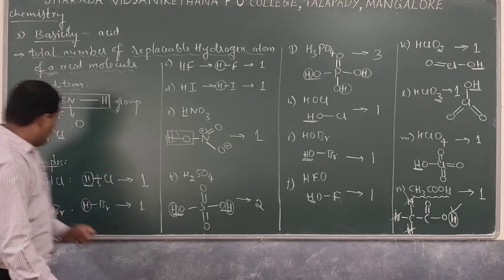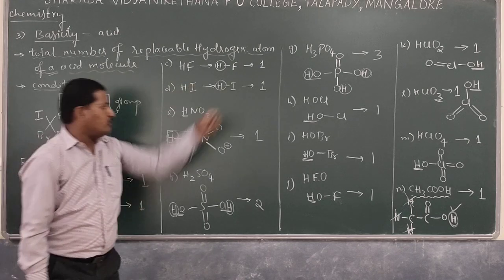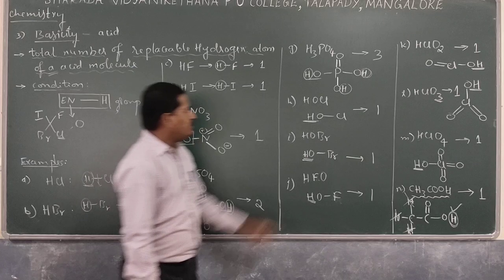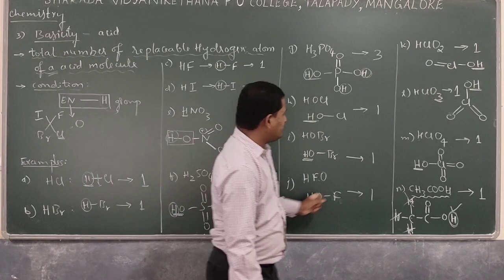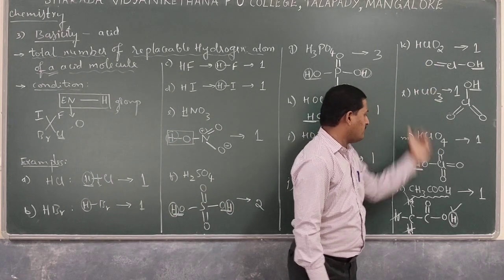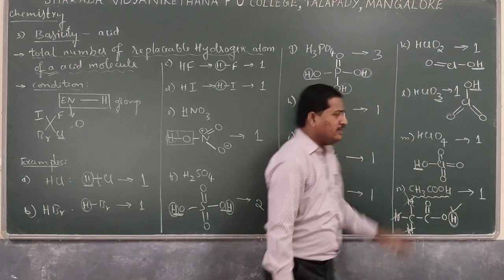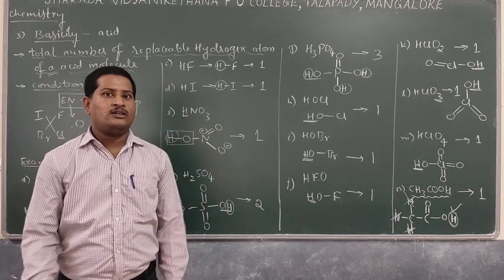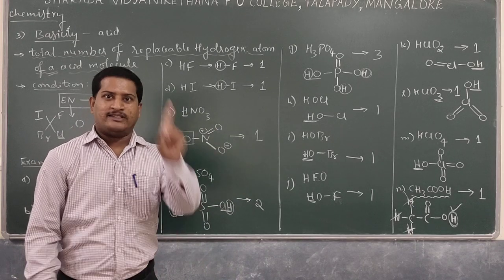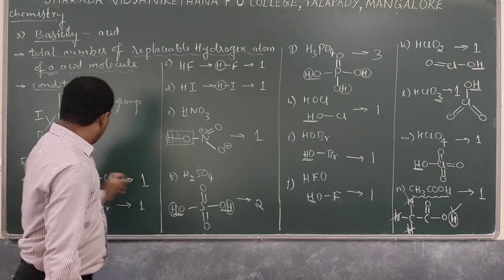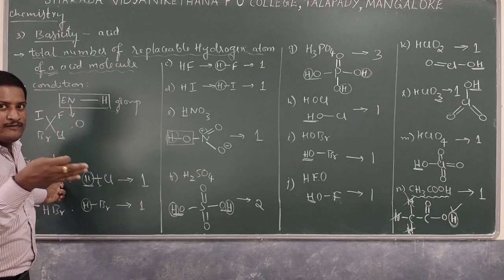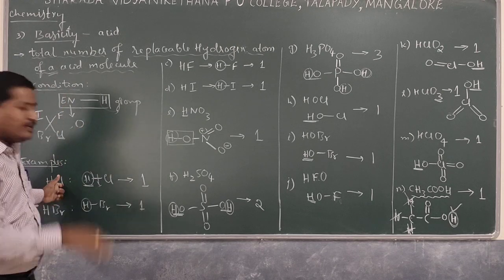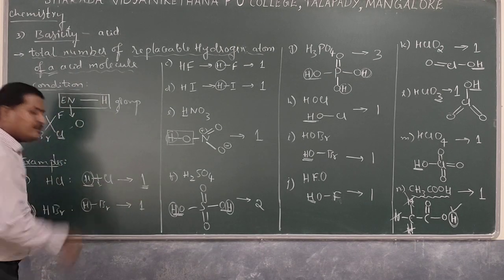And always remember, wherever basicity 1 is observed, look at HCl, HBr, as well as HF, HI, HNO3, and then HOCl, and then oxoacids of all halogens, chlorine or fluorine, in all, and also acetic acid. In all the cases, wherever basicity 1 is present, such acids are called monobasic acids. If basicity is 1, it is a monobasic acid. So here HCl is a monobasic acid, and a few minutes back we used the term monobasic acid in the case of acidity. So monobasic acid means its basicity is 1.